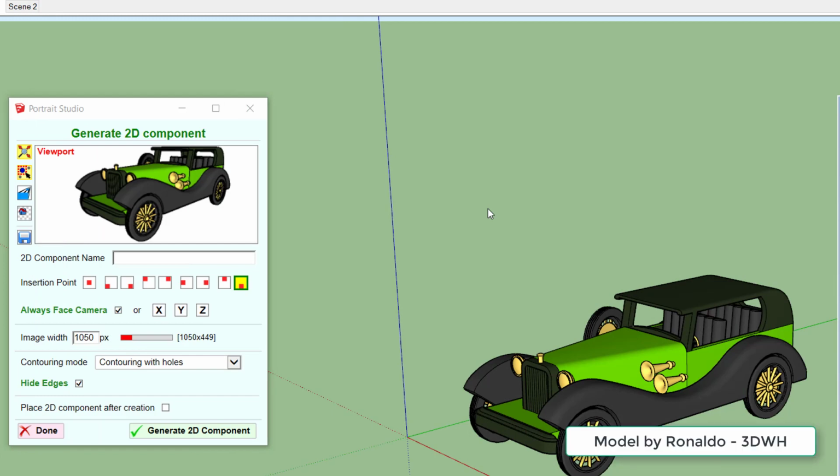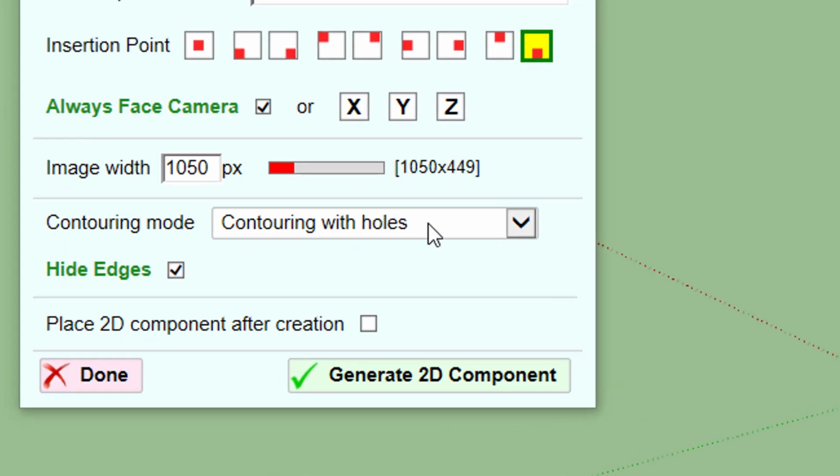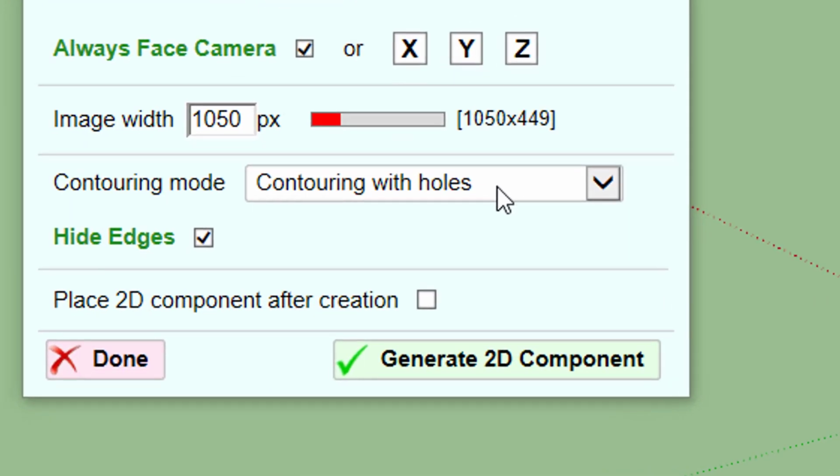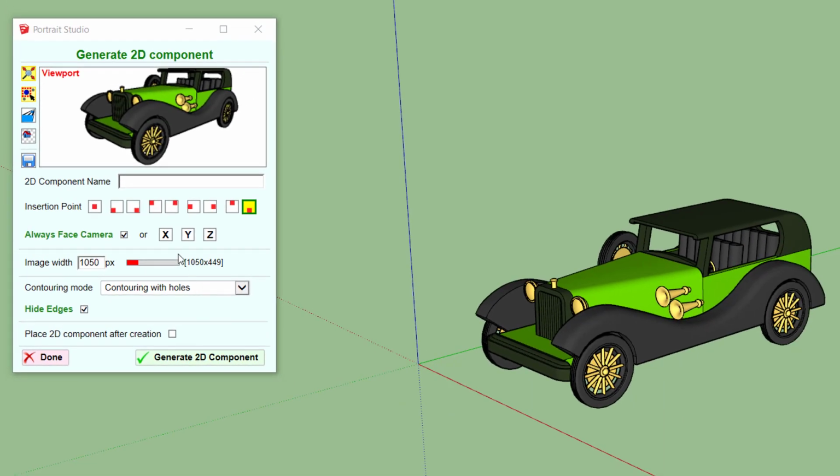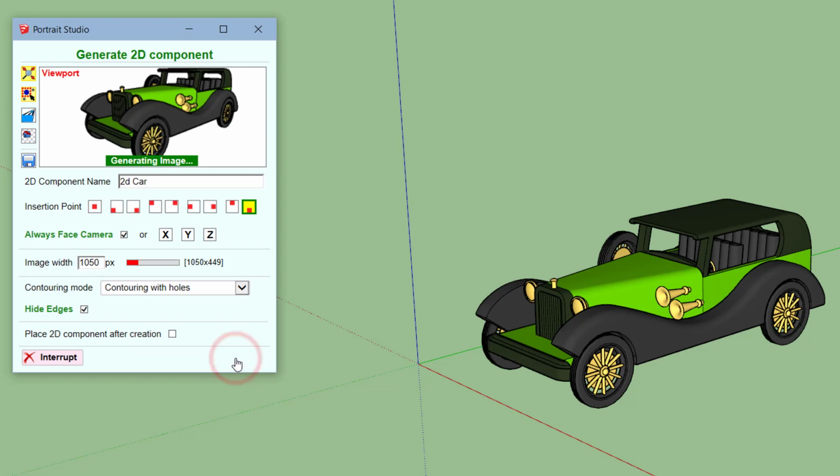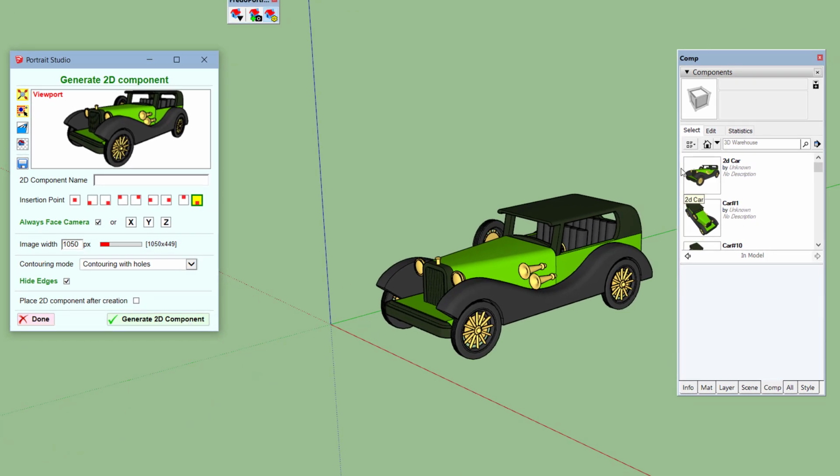Fredo Portrait provides several modes for contouring. The most advanced is contouring with holes, and probably it will be the most popular. So let's type the name of the component and generate it. So here it is.